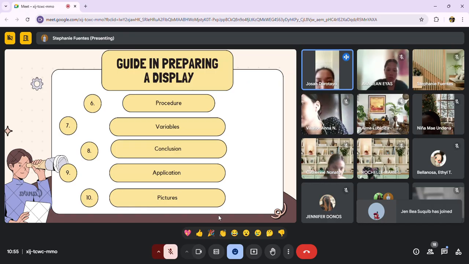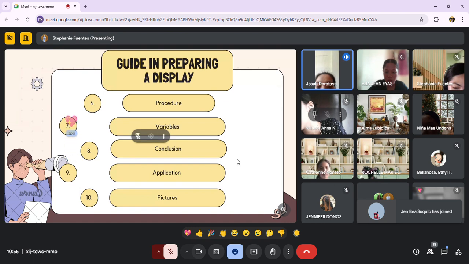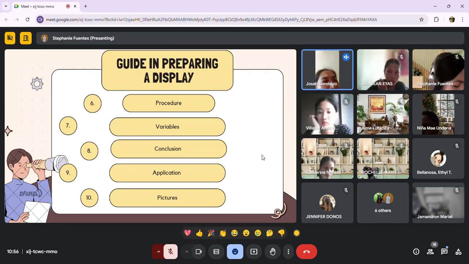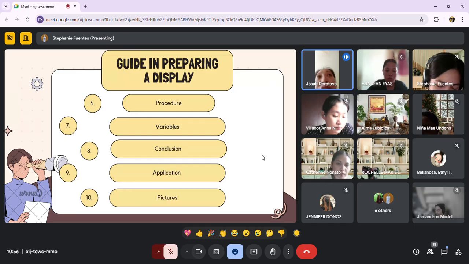Okay, the 10th one is the picture. It is the explanation of how your work relates to the real world. The picture is pictures or other shreds of evidence regarding your experiment. When we say evidence regarding your experiments, it's the supporting, the solid or hard evidence, because an exhibit will be null or invalid if what we are displaying there has no evidence.